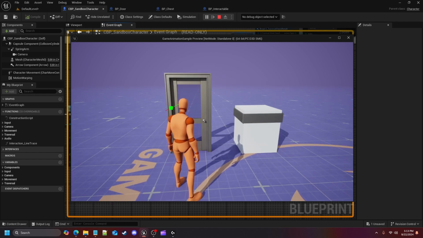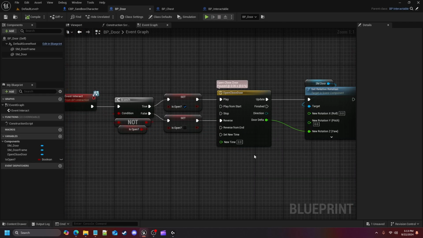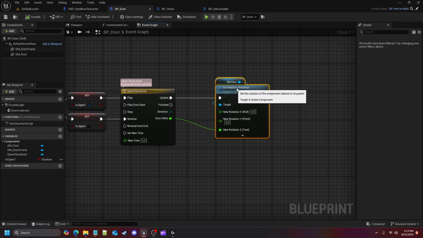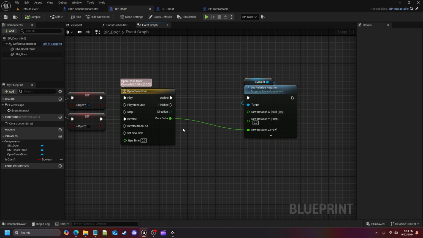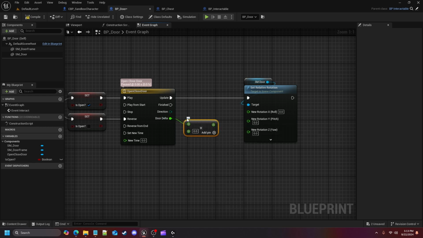You'll also notice how it goes inward and not the other way around. What you can do for this situation is go into your door, where we have the functionality for the rotation set up, and off the door delta, get rid of this line and change it to where it has a multiply node, and what we want to do is multiply it by